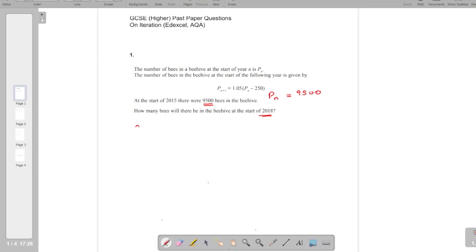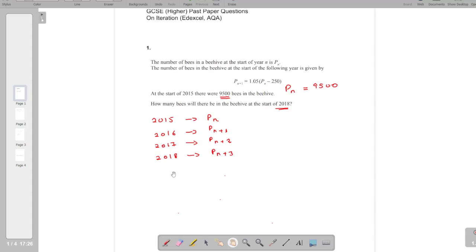So 2015 is Pn. 2016 will be Pn plus 1, the second year. 2017 will be Pn plus 2 as a third year. We want 2018 at the start, which should be Pn plus 3. So let's do Pn plus 1 first. Pn plus 1 is,